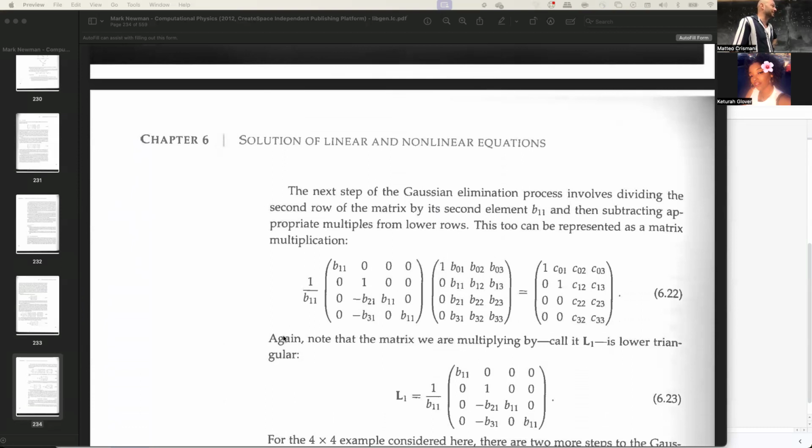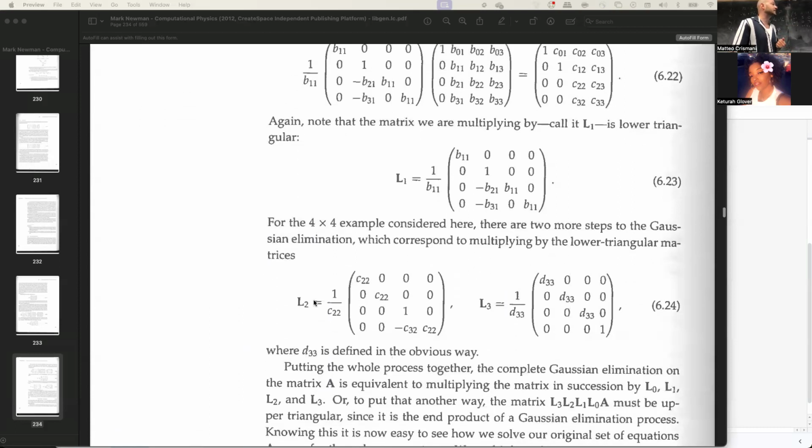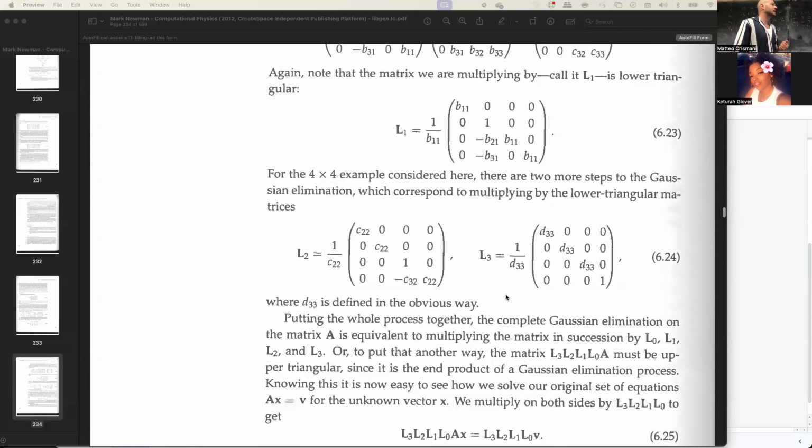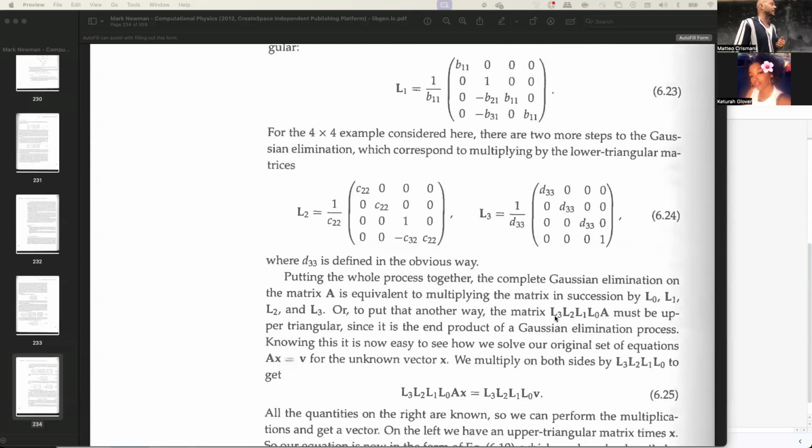You can keep going through this process to get each one of them. So you'll notice now that this second one, this L1, is your B11. This is your one element. And now your lower triangular is just this bottom part here. Okay. We don't really need to dig in super deep into these. You can see that they're generalizable. The largest one is the L0, and they get smaller depending on how large or small your matrix is, right? And so similarly, there's L2 and L3. Okay. And so really what you do is you multiply L3 by L2 by L1 by L0 by A in order to get